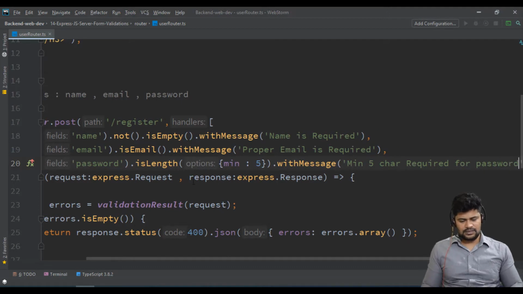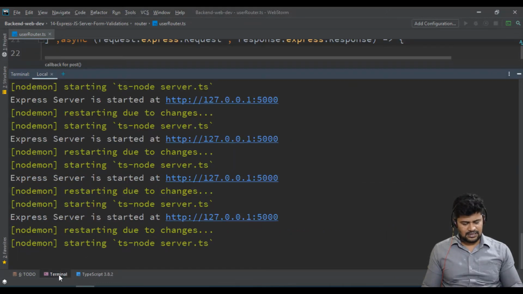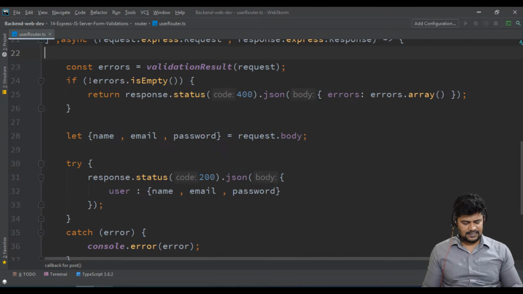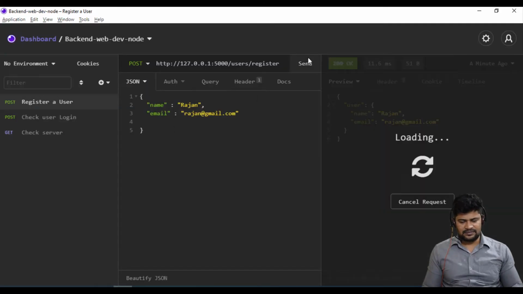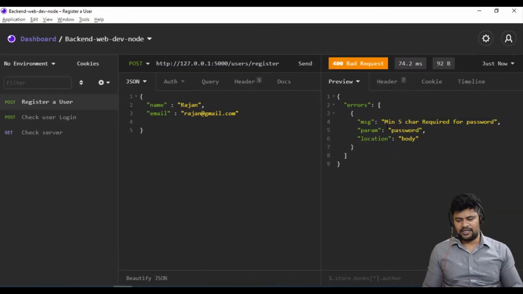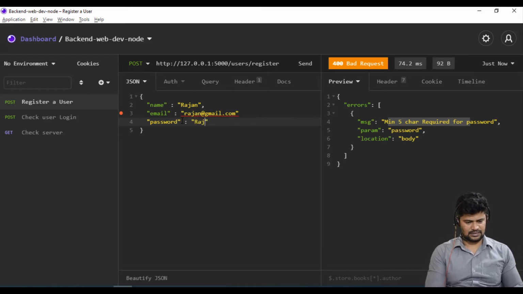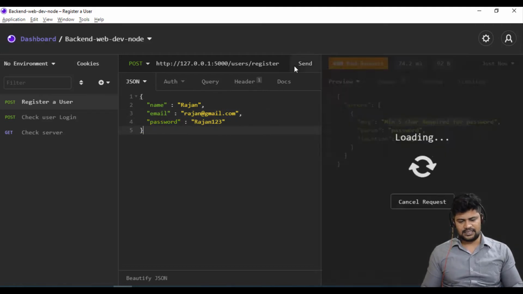Okay, so let's verify this now. I have applied extra validation on password. Let's check. Server is started. If I don't provide a password, what happens? You get "minimum 5 characters required for password." If I provide a password, say Rajan123, with minimum 5 characters, comma, send it.